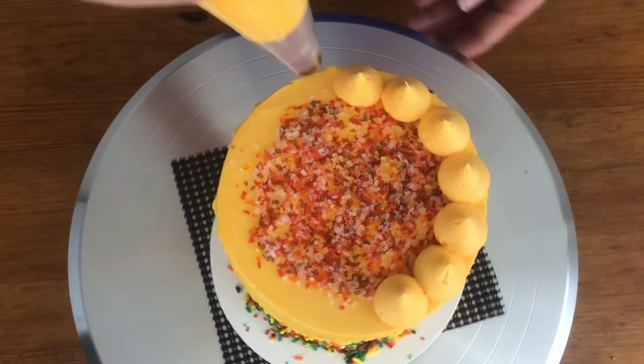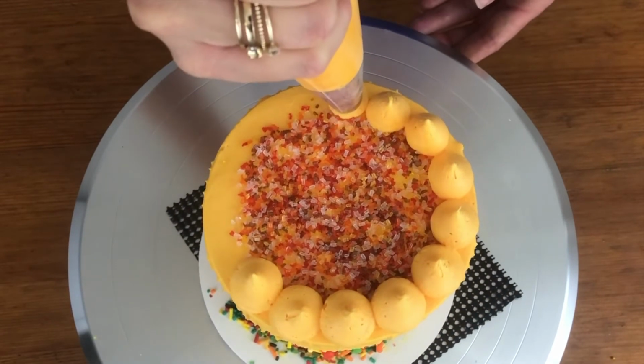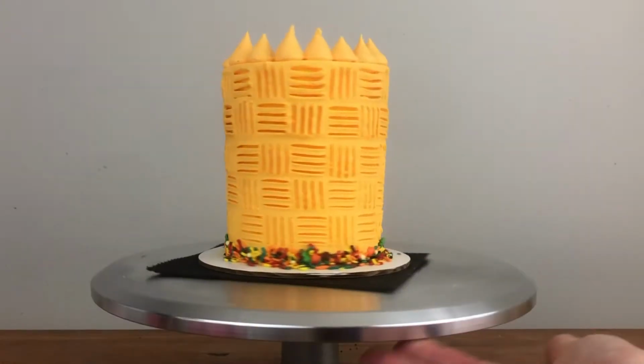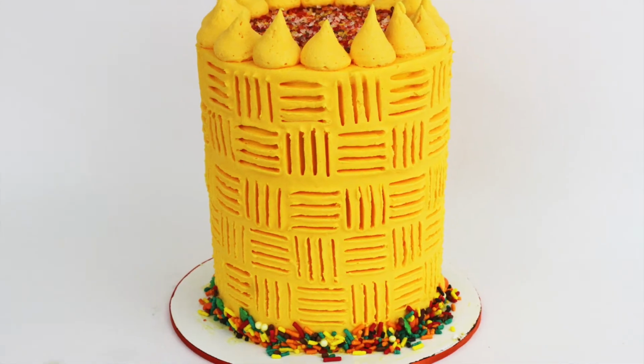the dollops. It's a good idea to chill the frosted cake before you add these dollops, because otherwise the weight of the dollops can cause a bulge in the frosting at the top of the sides of the cake. Ta-da! There are lots of fun ways to use a fork, and I experimented with a few different techniques for